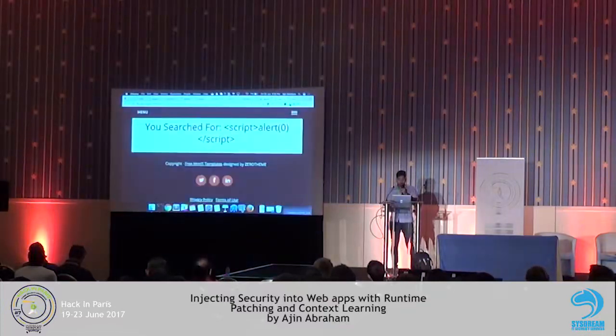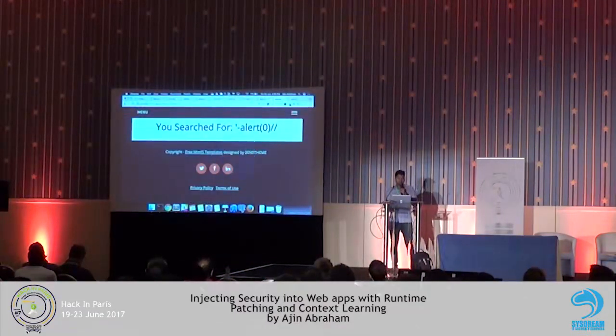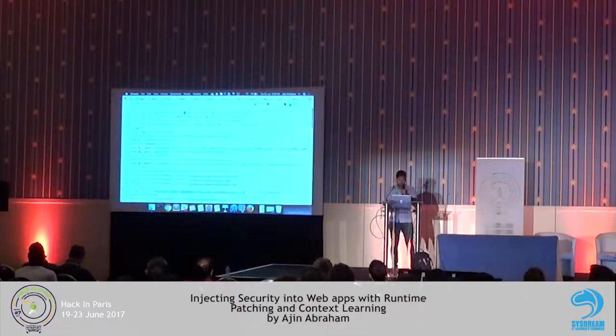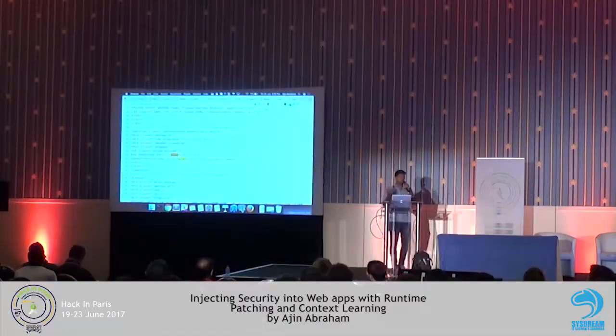So for JavaScript context, if you even try a payload like this, it will still not execute because we do proper escaping for JavaScript context, which, you can see, prevents breaking out from the data context. So moving on,